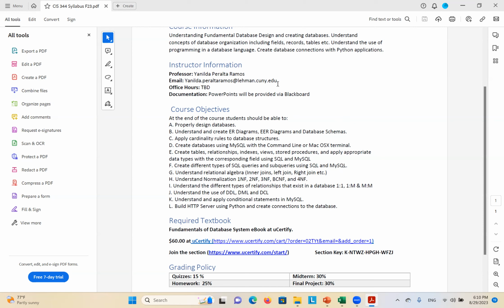Functions or methods, if you are familiar with Java, that will allow you to perform certain tasks. So you have stored procedures and also stored functions, okay? We're going to go over both of them, and that is going to allow you to